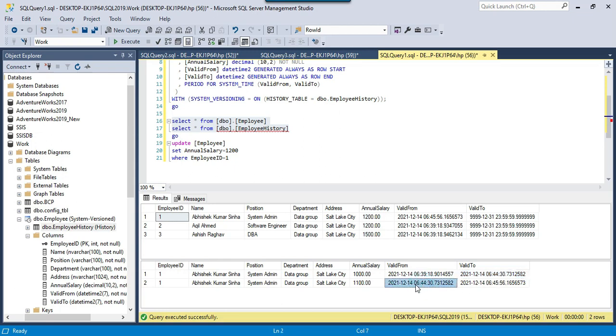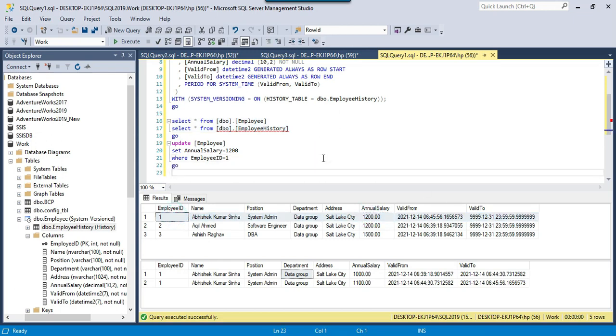The second record started from 6:44:30 and was valid till 6:45:56, and now the current record is valid from this particular time. So you can easily identify how many times a particular record was updated and what the current value for that record is. So this is how it works.